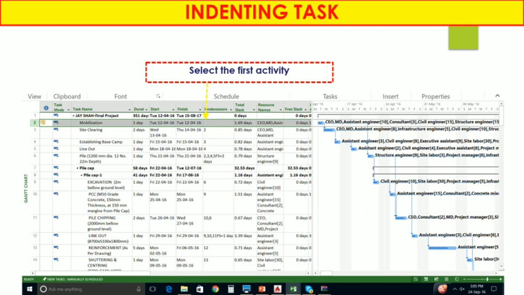Now indenting the task. So what is indenting the task? Based on the different kinds of projects, there are heads of those particular projects. For example, in construction activities, you have foundations, superstructures and substructures like that. In that you have to maintain the activities under these three heads. So how can you add these tasks under those particular heads? For that the indent task tab can be used. So select the first activity,